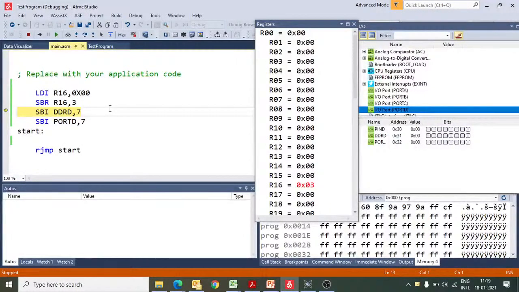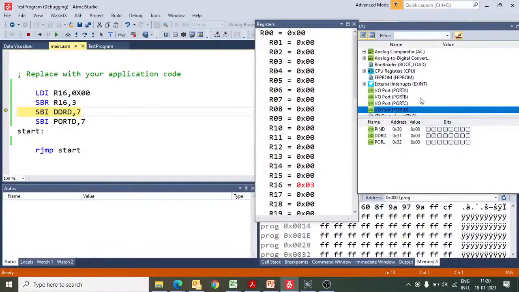What it will do is set D0 and D1, so your content will become 3. Then if we execute the instruction SBI DDRD comma 7, at present you can see the DDRD register is 00. That means all the flip-flops are clear. All bit positions are 0 here.